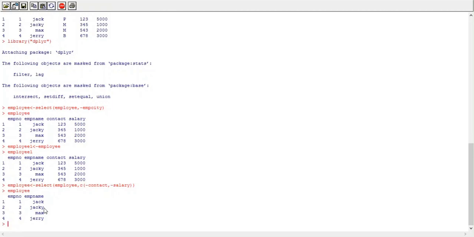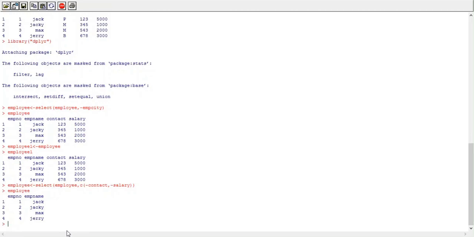Now we'll see the use of sort, order and rank function. So sort, order and rank, all these three functions are used to sort data in any vector or in any matrix. Okay, and if we want to sort data frame, then we can go for order function. So first we'll see how to sort or how to use these functions to sort any vector.